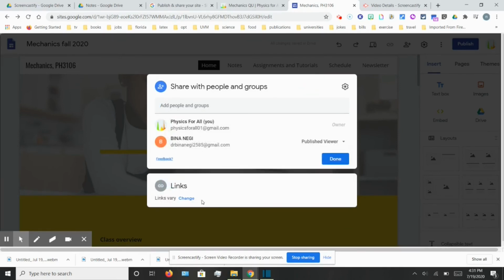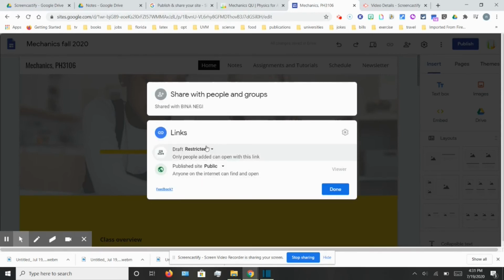Click on this links option down here, and that's where you can choose the access for students. You want to keep the access not public but restricted, so that only the people that you allow access to will be able to view the website. So let's choose that option, restricted, and say done.